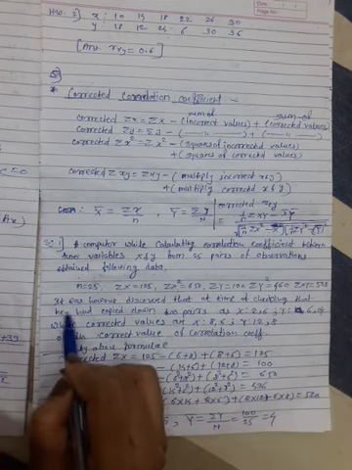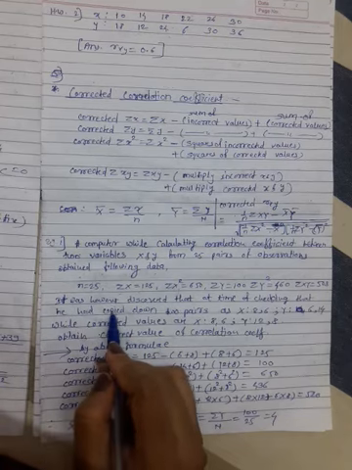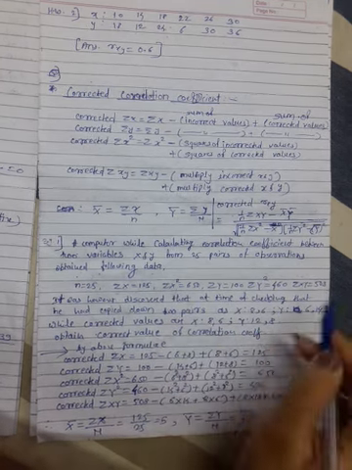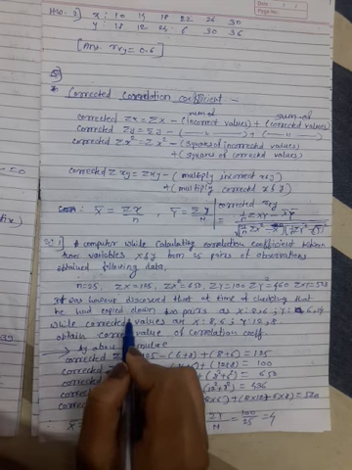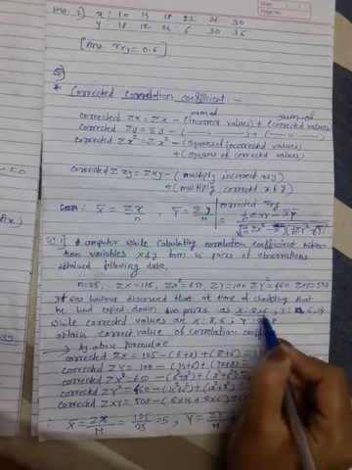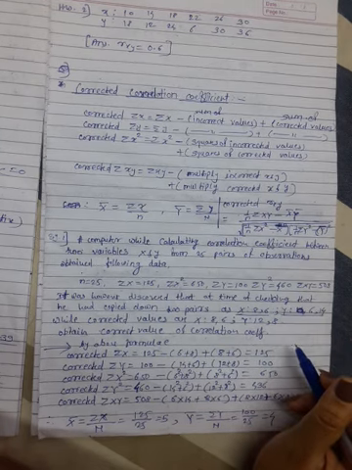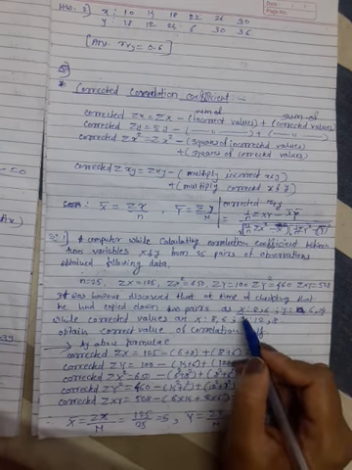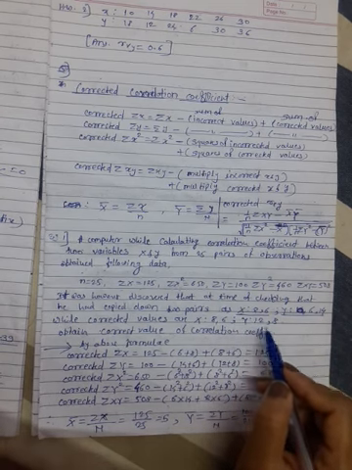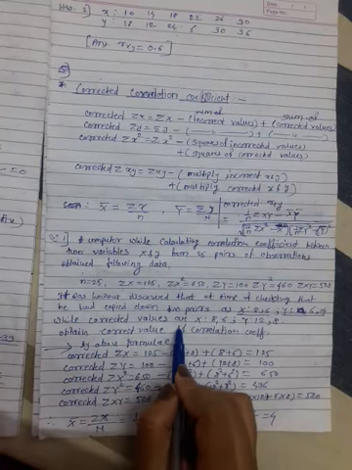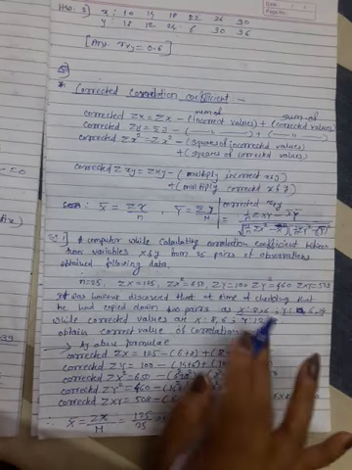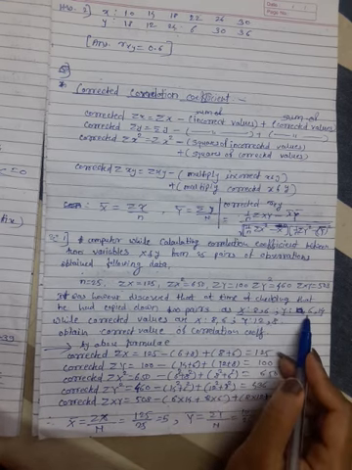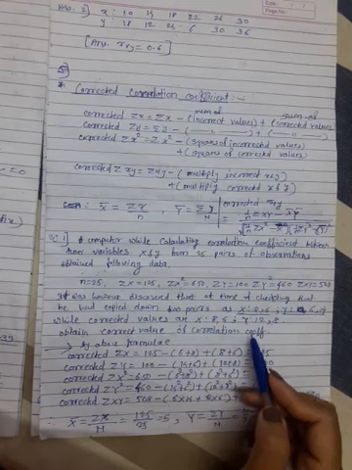But the question is, if it was discovered at the time of checking pairs that the computer had copied down two pairs incorrectly as x is equal to 8 and 6, y is equal to 6 and 14, while the corrected values are x as it is, 8 and 6, but instead of y values 12 and 8, he copied down just 6 and 14. This is the mistake done by the computer.